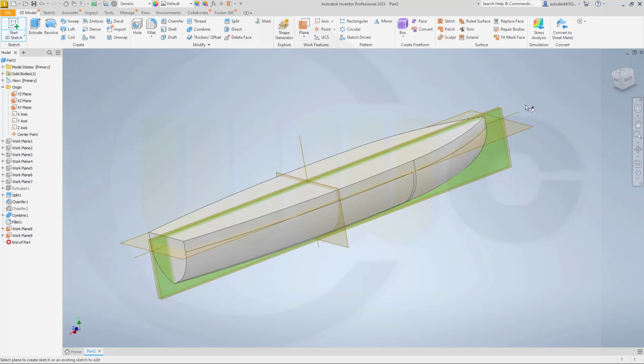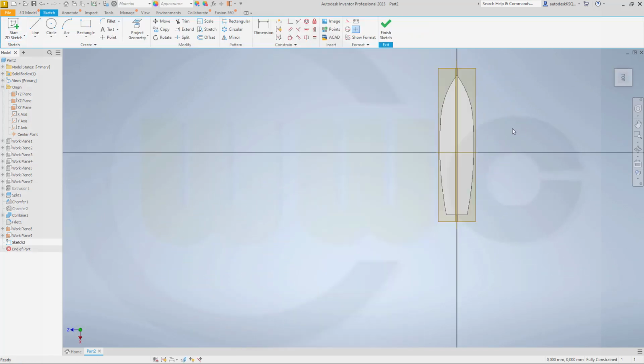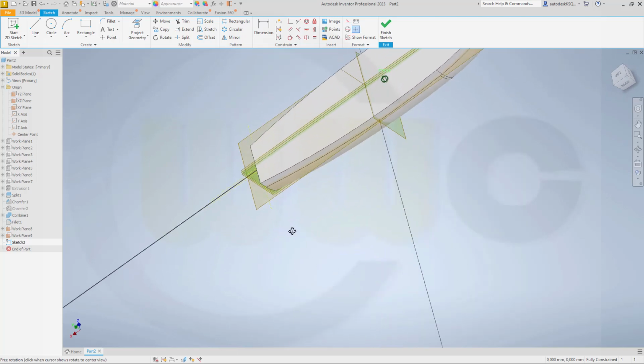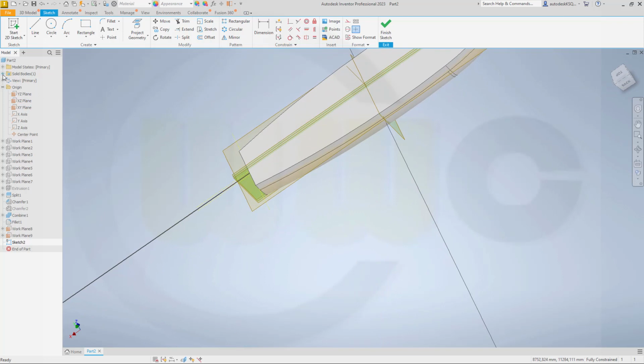Go for the sketch on the top plane and bring in those planes by project geometry. This one, that one, also work plane 1 and work plane 1, work plane 3 and 4. That one I don't need, this one I don't need. Okay, so let's take a look. Maybe hide that body if possible,